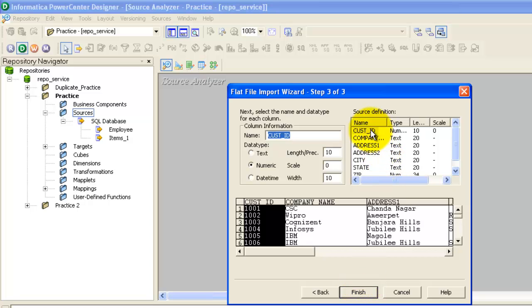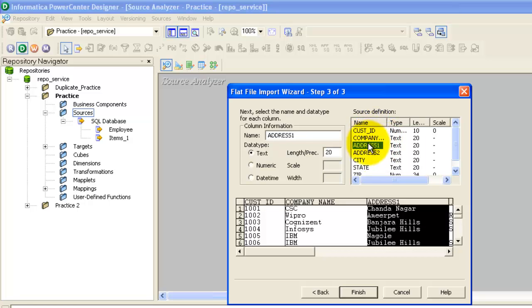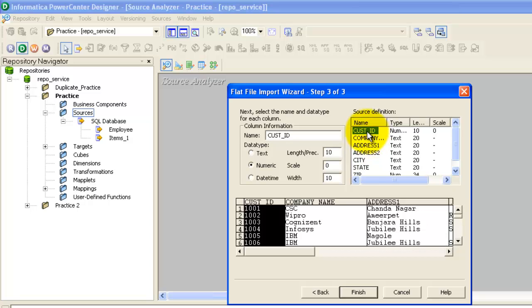Now just cross verify the source definition here. This is our source definition which we imported from the flat file. We can cross check all the columns, the type of each column and the width, which we got from the flat file. Now click finish.